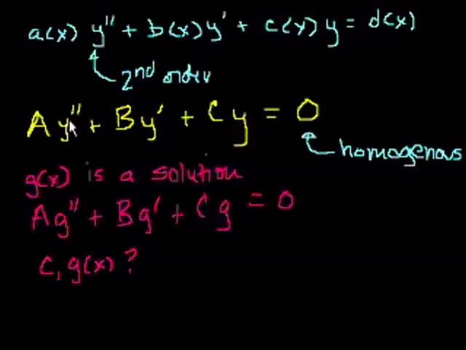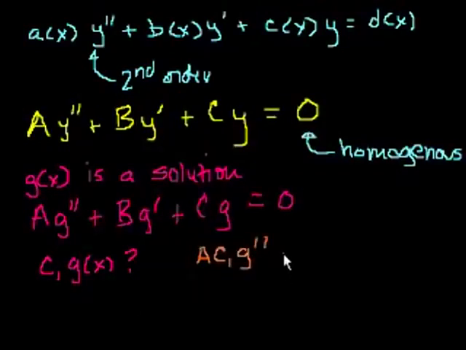Let's substitute this into our original equation. So a times the second derivative of this would be the constant. Every time you take a derivative, the constant just carries over, right? So that'll just be a times c1